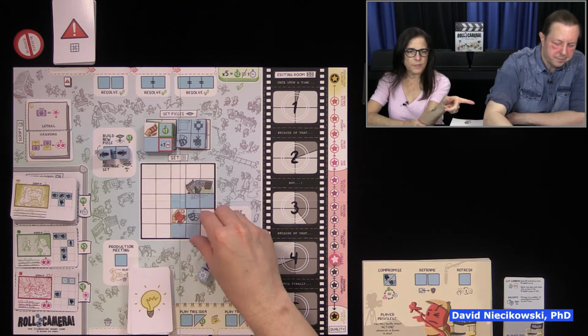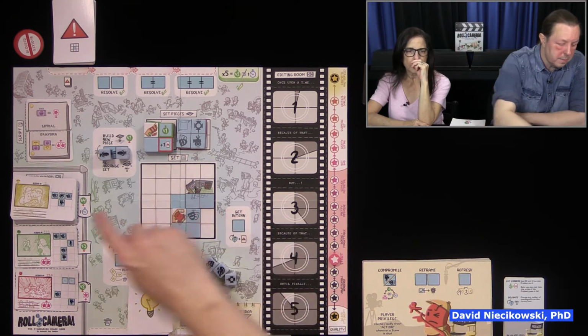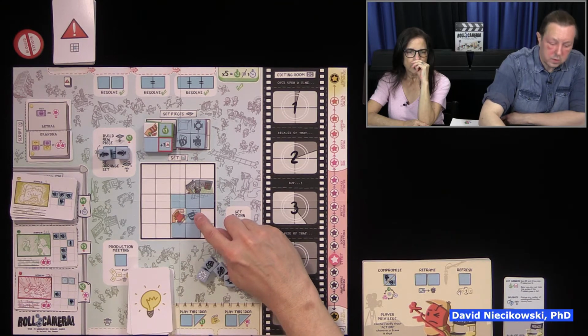So when there's a picture, you have to match the picture. Yeah, you have to match the picture. So this would be a terrible placement. Right. Because we need a camera. Yeah. But you have to use the